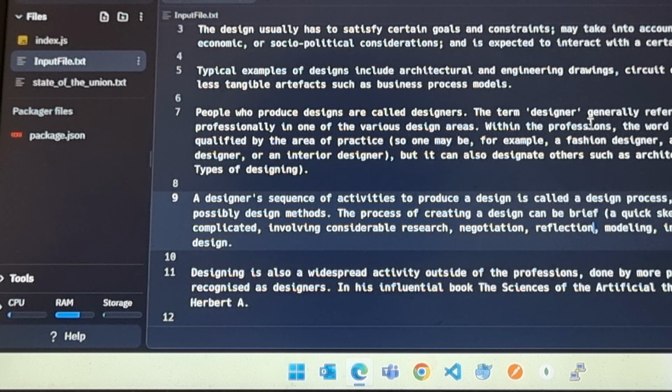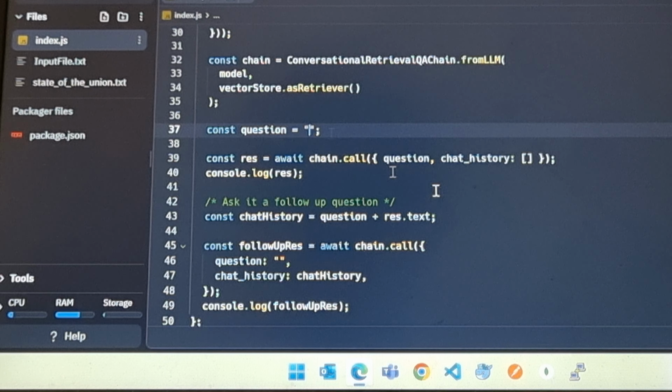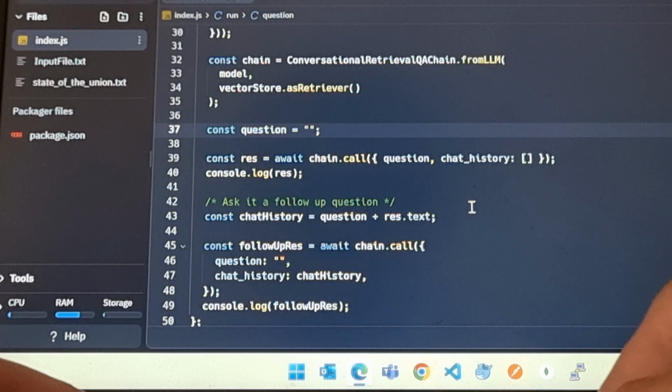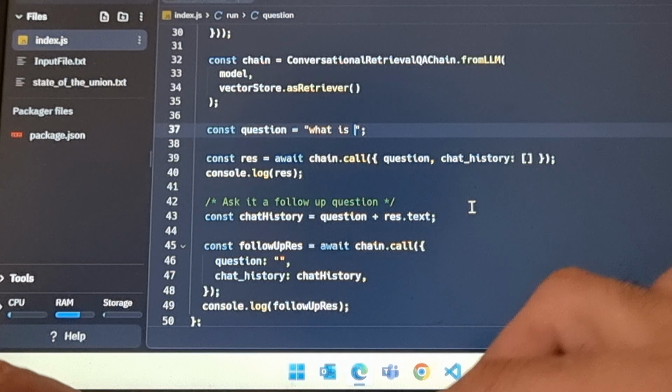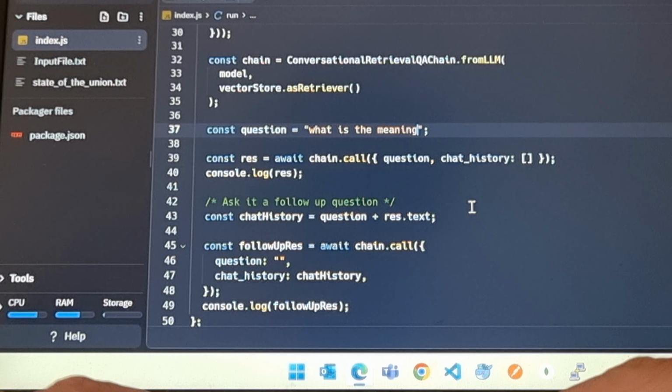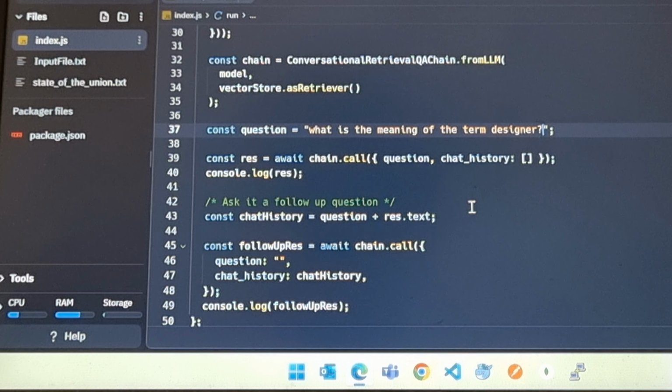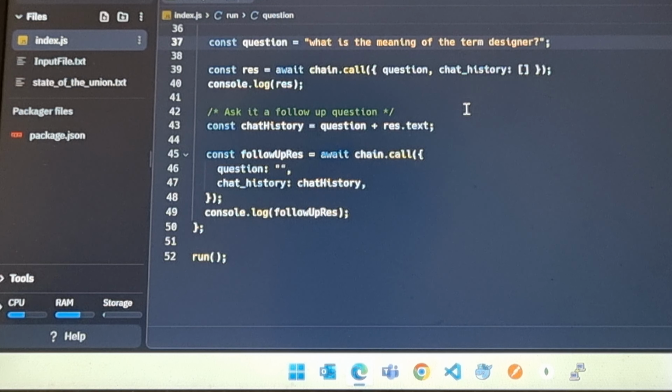So we can ask what is the meaning of the term designer as our first question,